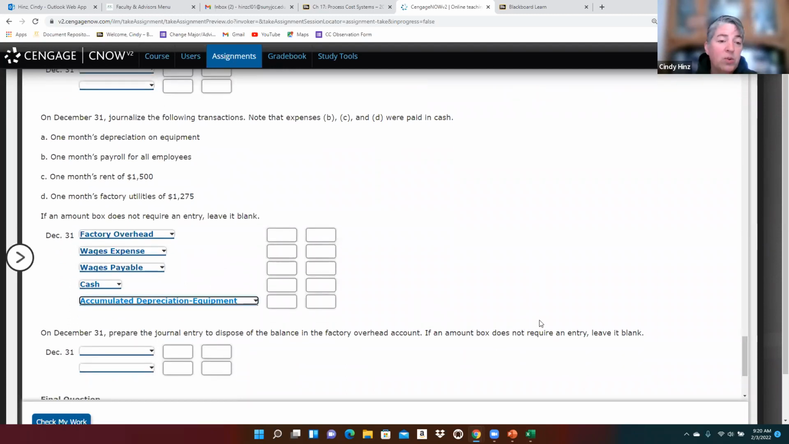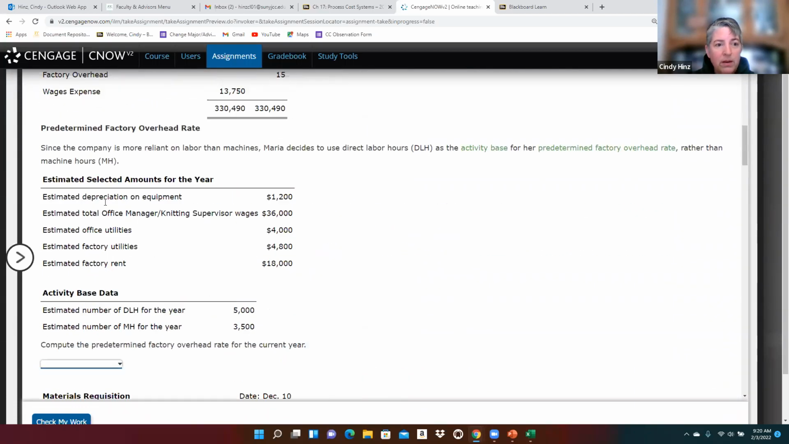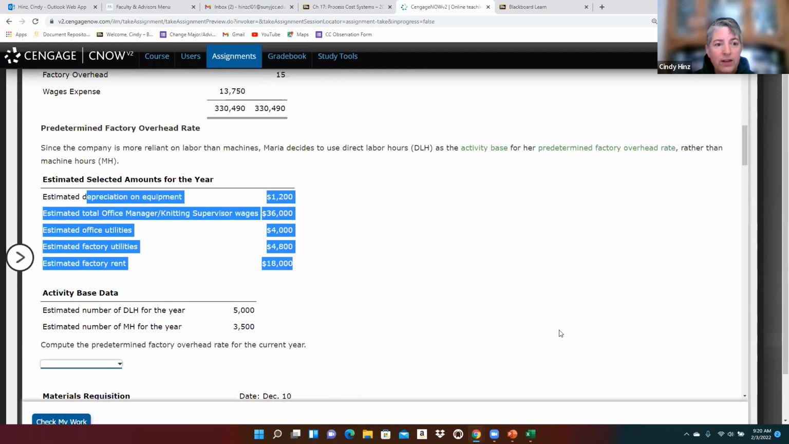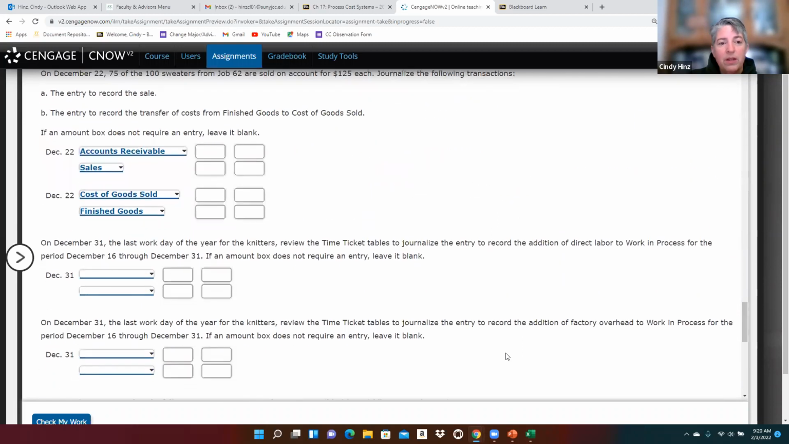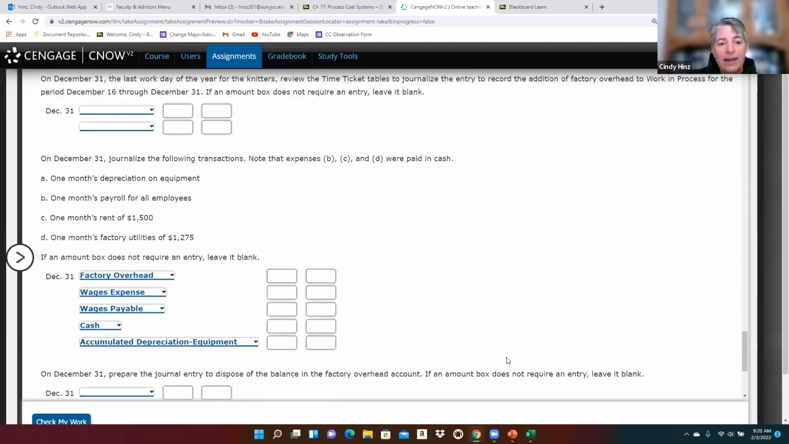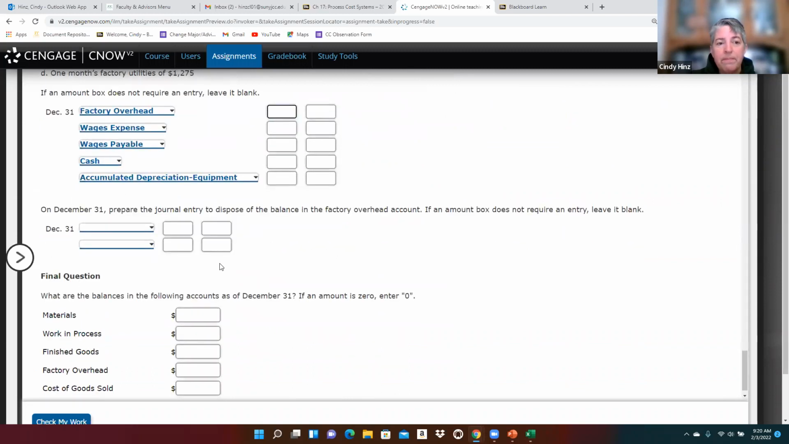I'm going to leave it to you to calculate those dollar amounts, but the factory overhead, remember, is going to include all of those pieces that it told us up here are part of the factory overhead. All the things that it tells you still need to be recorded will need to be calculated for the month and added together, and that will be the debit for factory overhead. Next, our last journal entry is